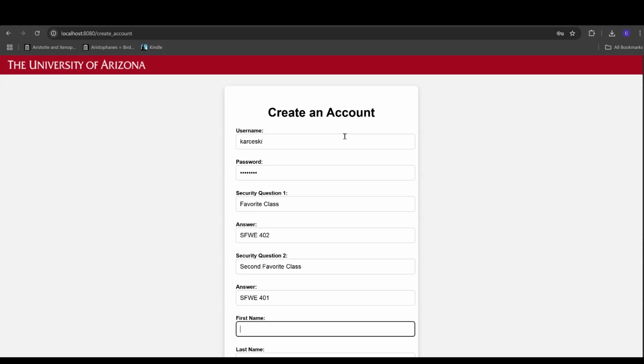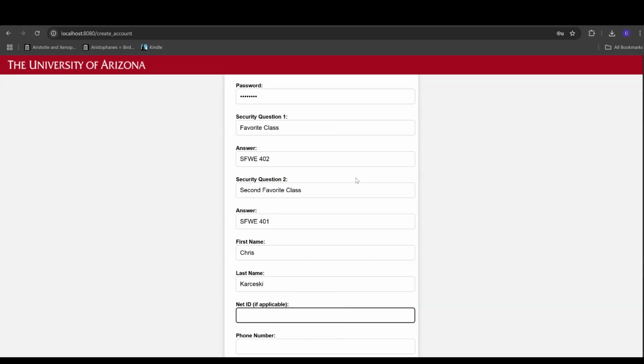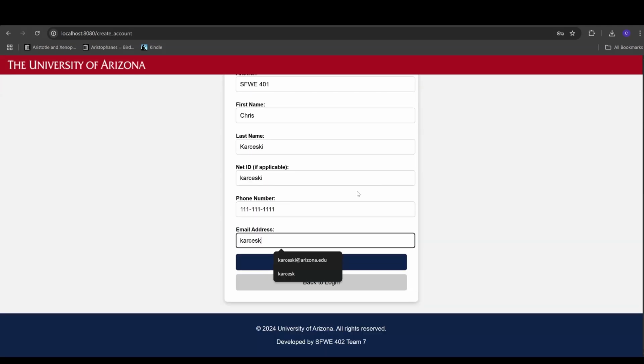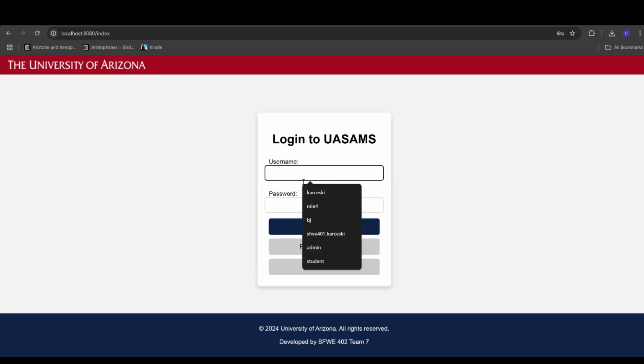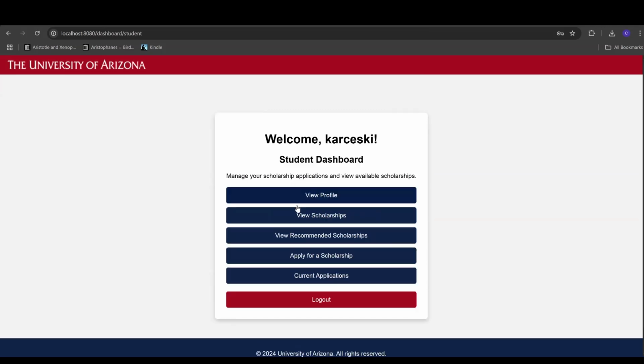And now, once Chris finishes this up, we're going to go ahead and enter the first name and last name, as well as their applicable net ID, and then their phone number. And then finally, their email address. And now their account has been created. So now Chris can go ahead and log into that account. And all accounts on creation are created as a student. This is due to the requirements, and only an administrator can change that student role, which will be talked about